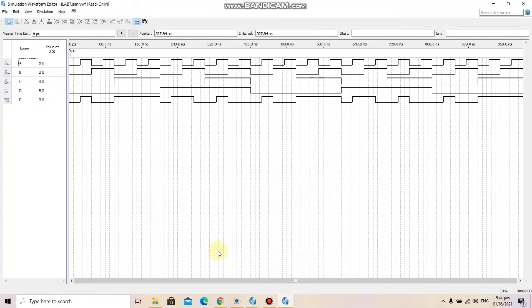So this is also the same wave output we got in the Boolean function, and hence we have verified that the K-map works correctly in a more efficient way, which reduces our circuit size and circuit design and makes it less complex instead of implementing the whole truth table using Boolean functions.